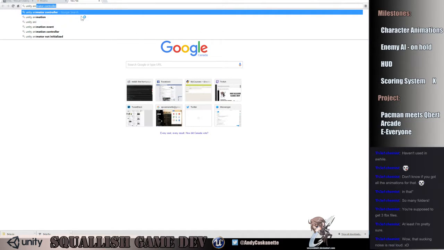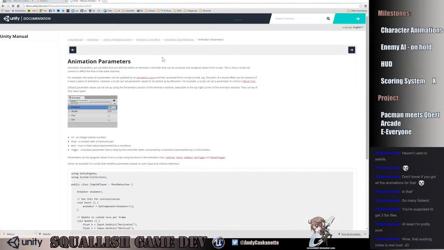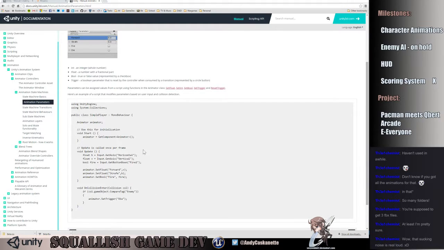Animating parameter through code. Okay, so we're going to set our float for the animator to be equal to our current speed in code